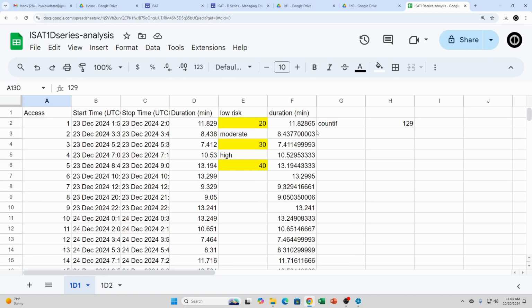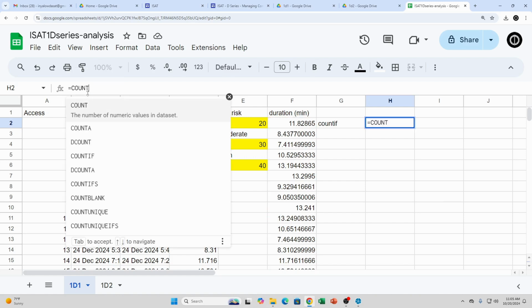Now that's how I can actually go through and generate the first column here, counts. But I don't actually want the count for this purpose. I'm going with the count if instead. So I'm going to delete this, and I'm going to do the following. Count if,